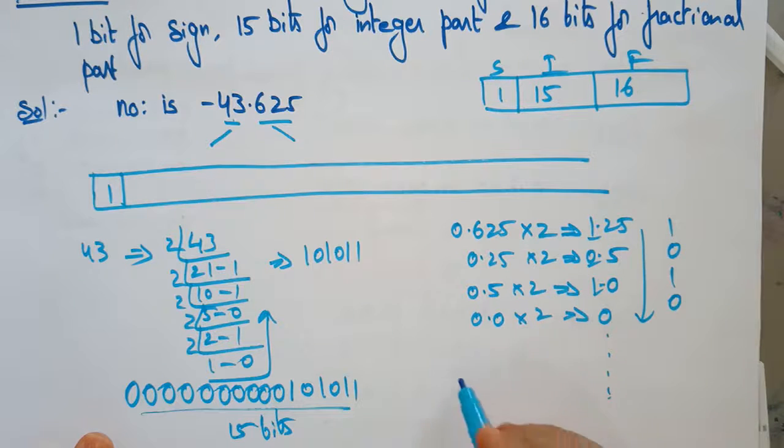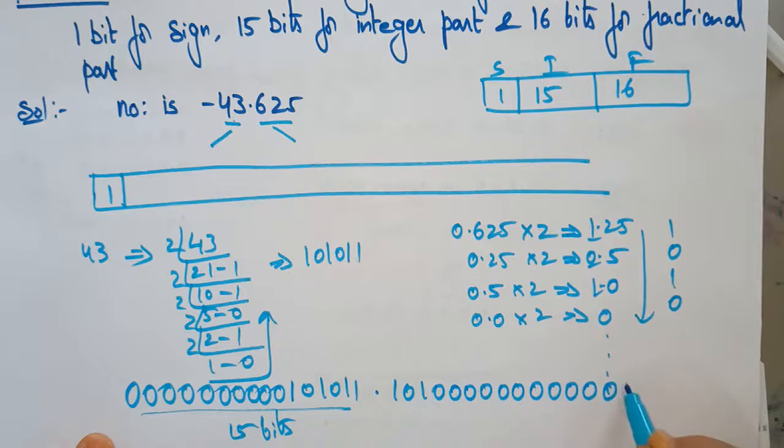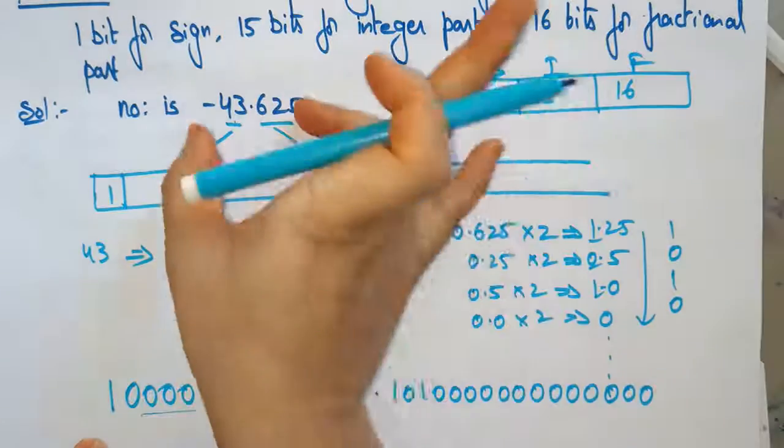Now coming to the fraction part. What number are they given? The number is 1010, which is 4 bits. So how many bits do I still need to add? I need to add 12 bits, so 12 plus 4 gives 16 bits. So 1, 2, 3, 4, 5, 6, 7, 8, 9, 10, 11, 12. And anyhow 1 bit is a sign bit. So the first bit they are given as a sign bit. So I just represent it. That's it, I'm not converting.